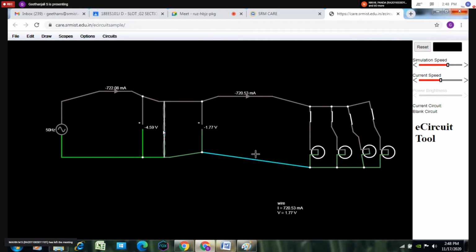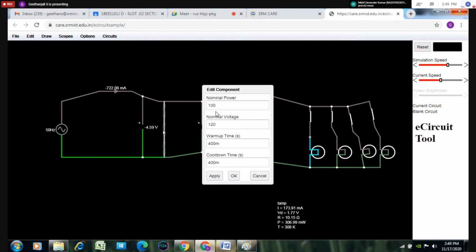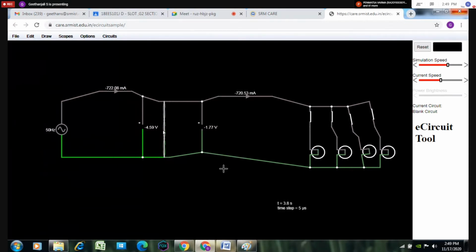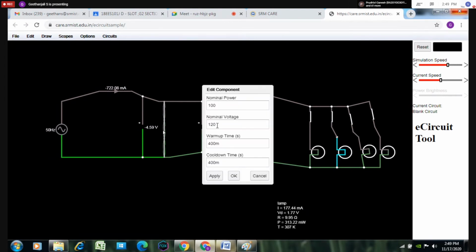Okay. The next, voltmeter, ammeter. Then here lamp, switch. Here what voltage we are using is 115. This is the secondary side, 115. So double click. Here set the nominal voltage as 115. Since it is connected on the secondary side, we need to set the secondary voltage alone. So the secondary voltage is 115. So change the nominal voltage to 115 in all the lamps.